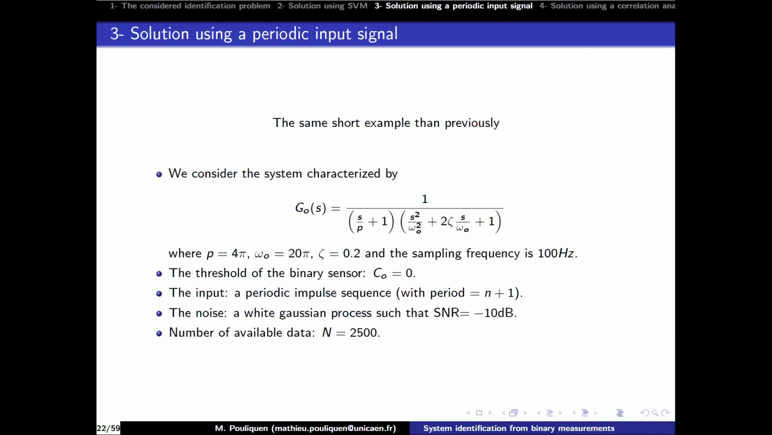The same short example as previously. The difference is that I use here a periodic excitation. And the second difference is that previously I had a signal-to-noise threshold not far from 10 dB. Here it is minus 10 dB. Because this solution depends on the noise level. We use the noise in order to extract the real output. If there is not enough noise, you can't